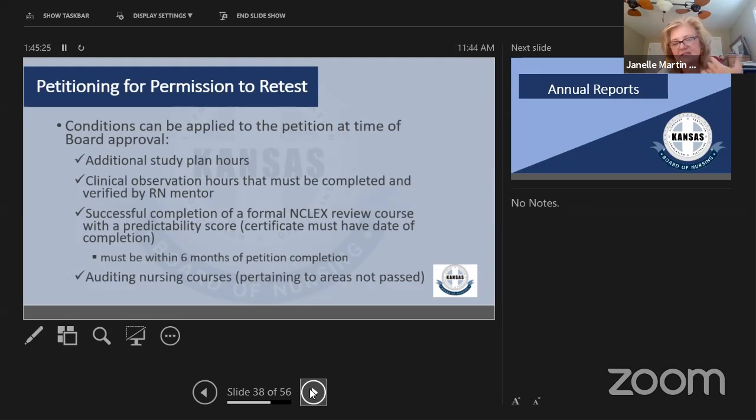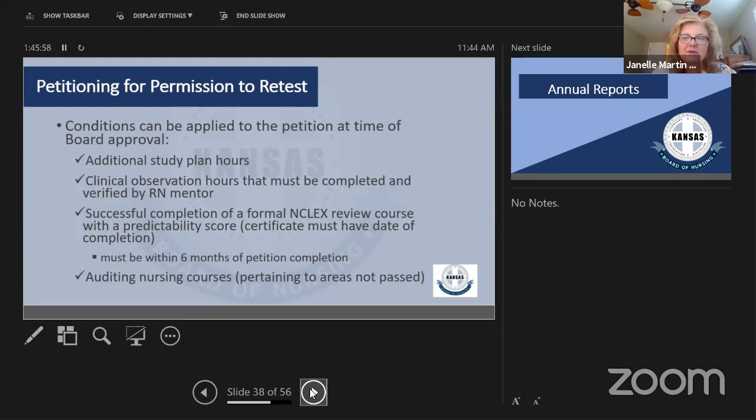So if they have not passed the pharmacology or the basic care and comfort sections of their NCLEX, we want them to audit a nursing course that covers some of the concepts and basics for those areas. We're not asking them to audit a course for every single section. I usually tell them a med surg class, sometimes even a foundations class, depending on what it is, because usually they have more than one area that they have not passed.